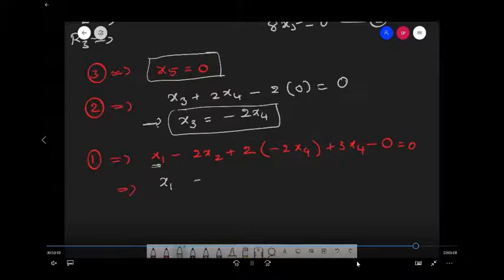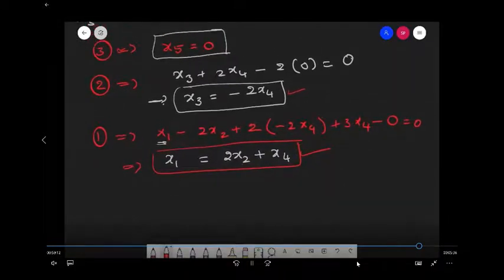So here this is the basic variable x1. And then x1 you keep it here, and then I have minus 2x2 minus 4x4 plus x4. Sending 2x2 to the right hand side, that will be plus, and minus 4x4 plus x4 is minus x4, so sending it right hand side you will get plus x4. So now I have written even x1 also in terms of the free variables x2 and x4. So the three basic variables, x3 also I have written as minus 2x4, and x5 is the basic variable, that is already 0. Now I have all the three basic variables' values.